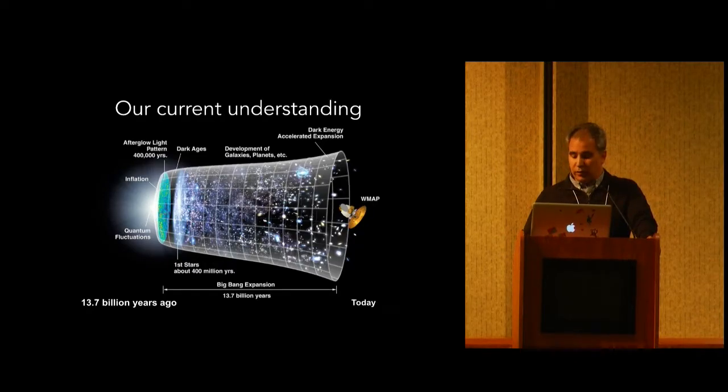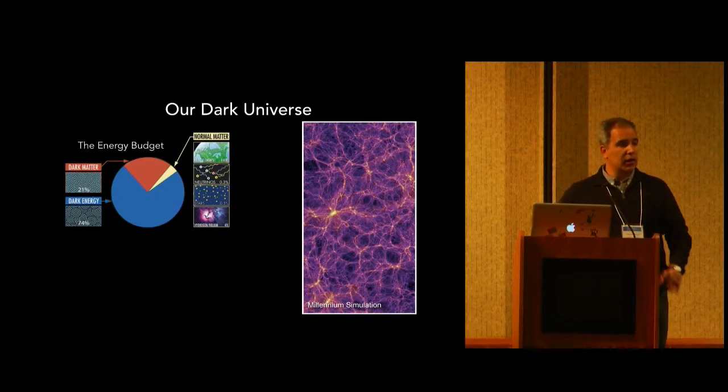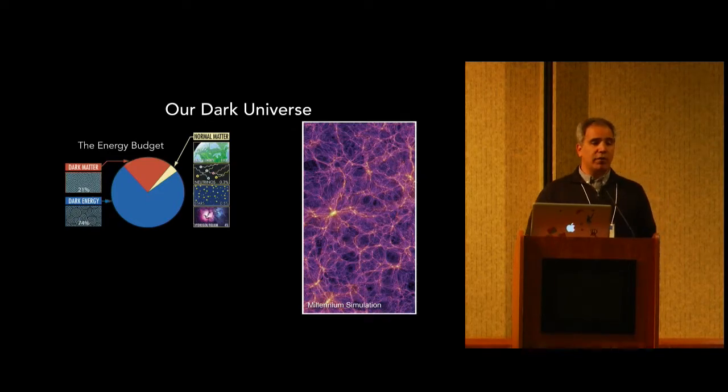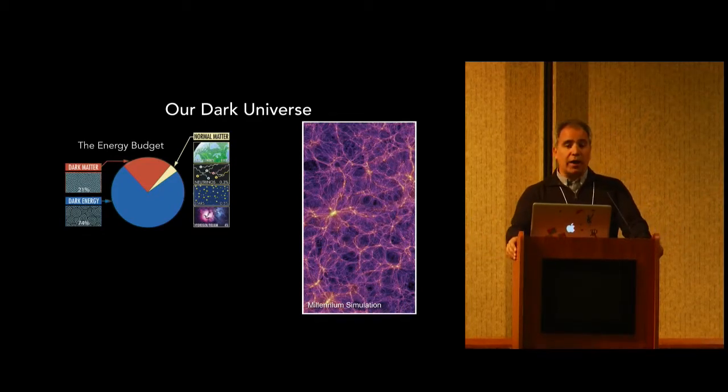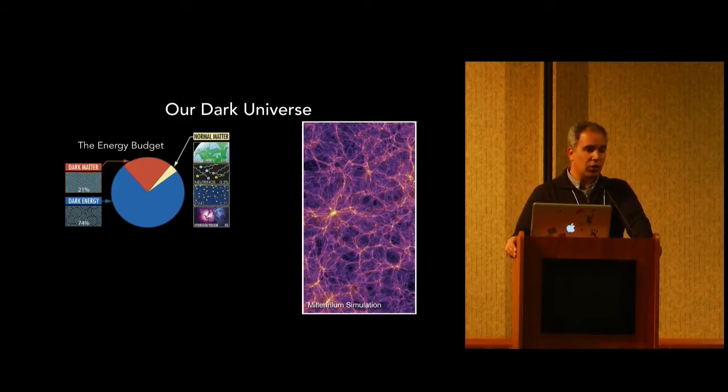Because we know that we live in this universe that is very dark, and only 4% of everything is stuff that we have a clue about. It's made of what we call baryonic matter, stuff like you and me, like the table, our planet, the hydrogen. The rest of the matter-energy budget is completely made of stuff that we don't have a clue what it is, right? And in astronomy, we make up names for those. We call it either dark energy or dark matter.